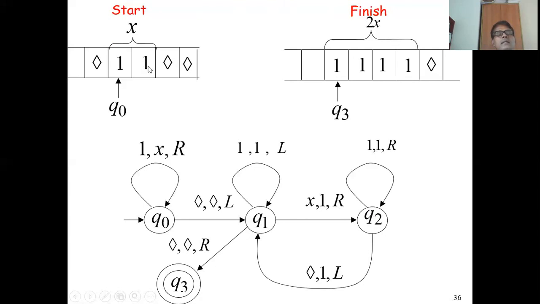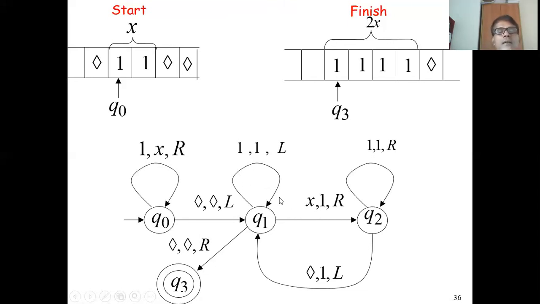So for this particular one, we are making the copy by replacing this blank by 1. The logic is that for each symbol we are creating a copy by replacing a blank by 1. For this one we create a copy, replacing blank by 1 and moving left. And for this particular one, we create a copy by replacing this blank by 1.